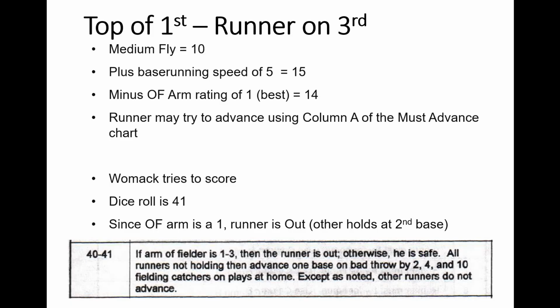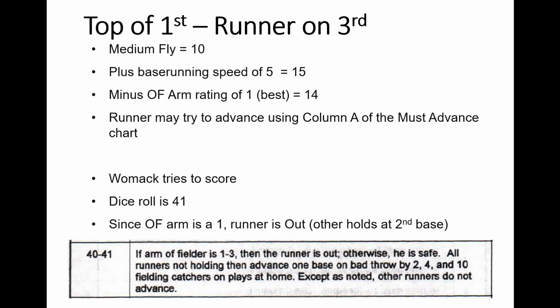Basically, this says the runner may try to advance using column A of the must advance chart. Womack tries to score. He rolls a 41, and the 41 on the advancement chart, as you can see in the excerpt below, says if arm of fielder is 1 to 3, then the runner is out. Otherwise, he is safe. And then there's a whole bunch of other